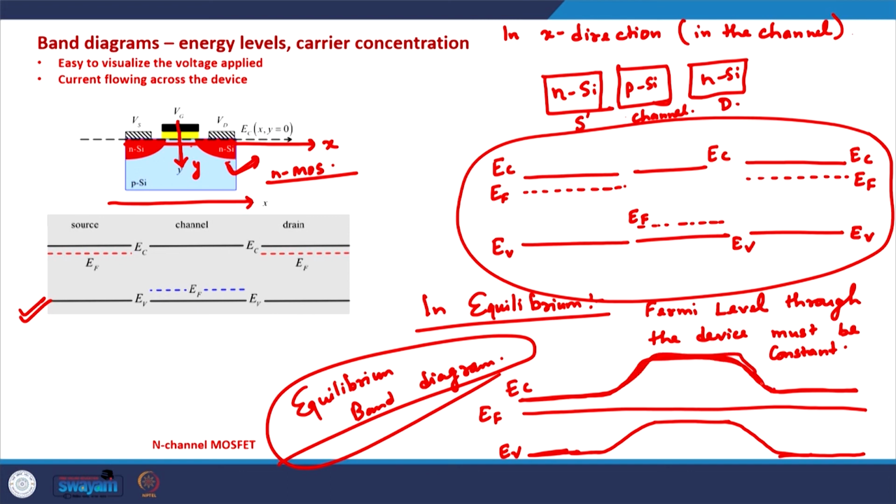So, this is a barrier in the conduction band minima that is there in the channel region, and this barrier is what stops electrons here and here from moving to the other side. This barrier is quite central to the functioning of the MOSFET, and this is what we will try to understand in the